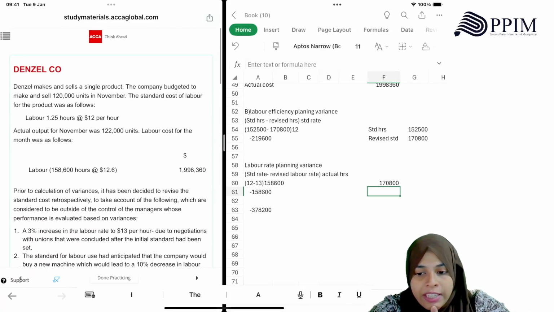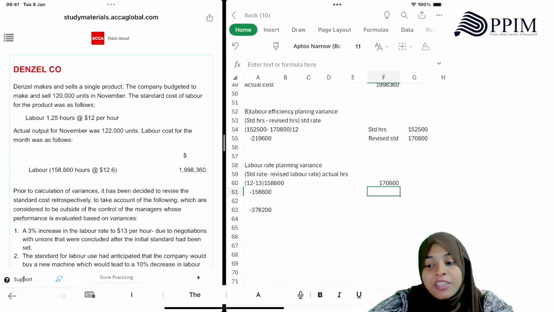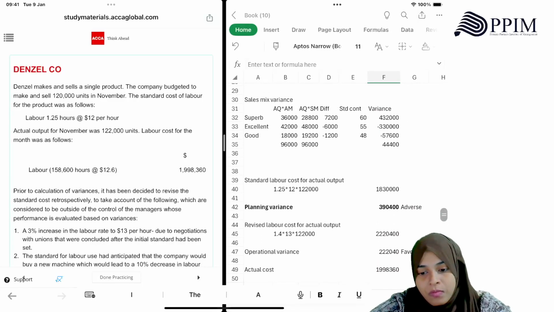No, what they have done is actual hours is okay. They have taken... no, the answer is not balancing. To balance, we have to take the... We calculated the total altogether. 390. What if you try using the revised factor? Oh,